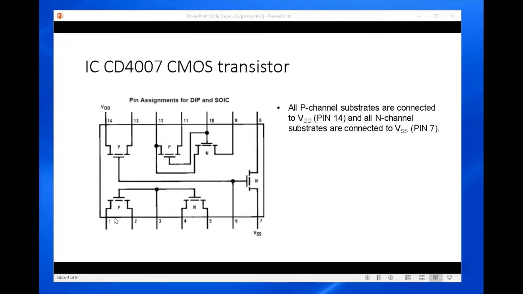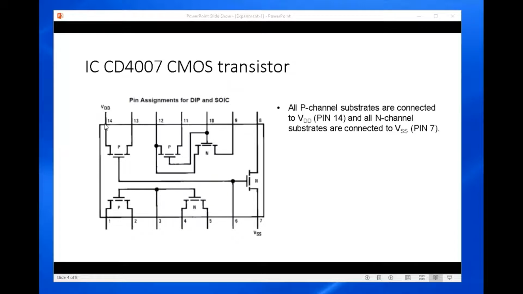At the bottom between pin 1 and 2 there is also a PMOS. Between pin 4 and 5 is an NMOS. And pin 3 is connected to the gate of both the transistors, PMOS and NMOS. Here, all P-channel substrates are connected to VDD, which is pin 14. You can see pin 14 is connected to the substrate of the P channel.